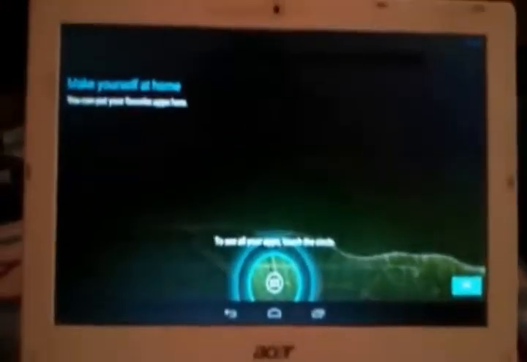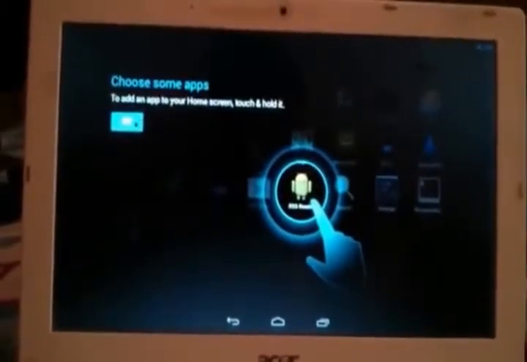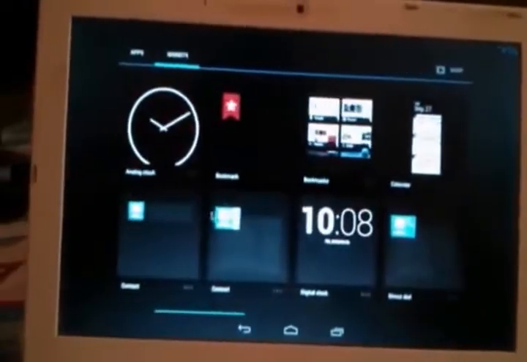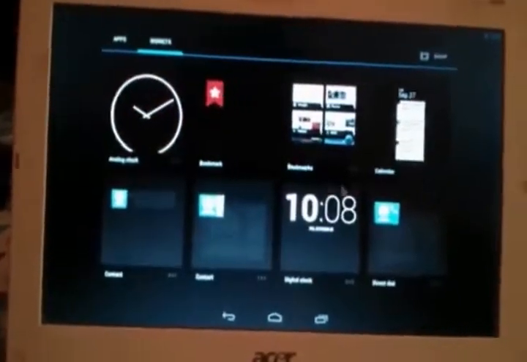Now here you can see the basic instructions. Okay, so this is our Android 4.3 Jelly Bean. I'll show you a few things like these widgets. You can choose between them.